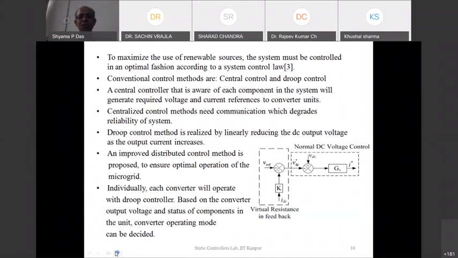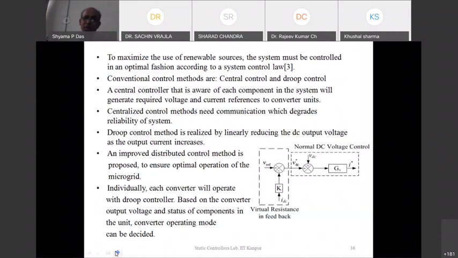So we have a situation in which the voltage sources are connected in parallel. They have to follow a common rule for sharing the load. The load is an independent entity, and the load is regulated by the customer, or the consumer decides the load. And when the load increases, the power flow from the three different sources has to be as per their ratings. So we use a droop method to share the load. The droop method basically simulates a virtual resistance.